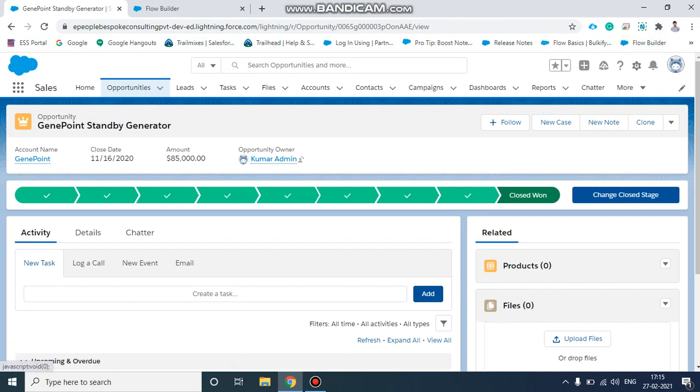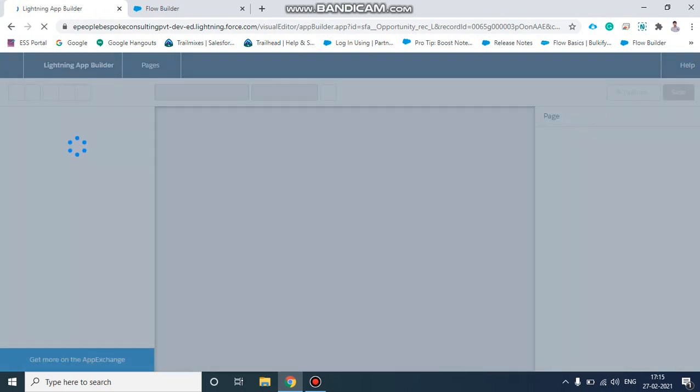Okay, we will add that screen flow here at record level.